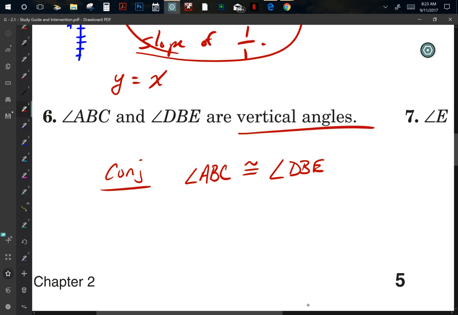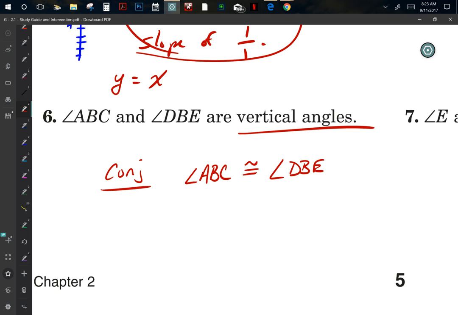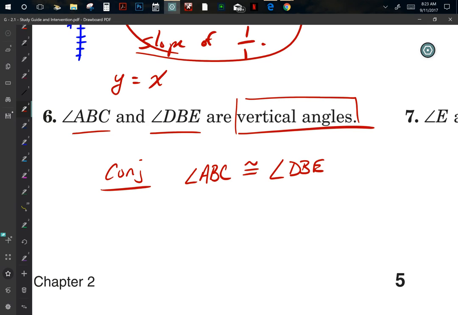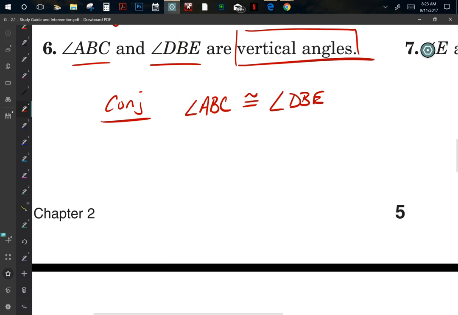It's like I'm giving you what the vertical angle theorem says, that they have to be what? Congruent. Because isn't that what being vertical angles means? That those two have to be congruent. What if you were to write, then they're the same measure? I think that'd be a good answer. Yeah, I think it'd be a great answer. Is it exactly what is going to be in the book? No. But we're making an effort, okay?